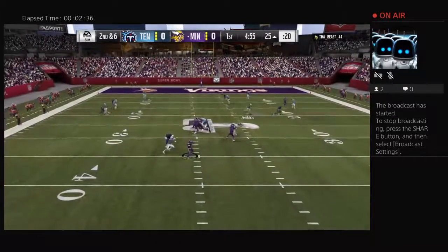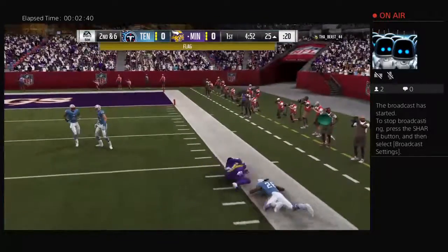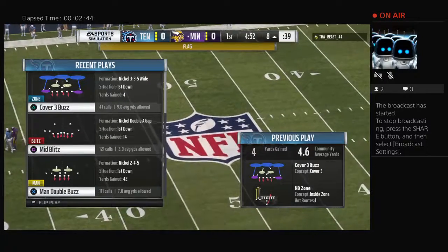Now Jackson on second down. On the right side open is Gesicki. And he'll be brought down somewhat awkwardly here, and a late flag is...